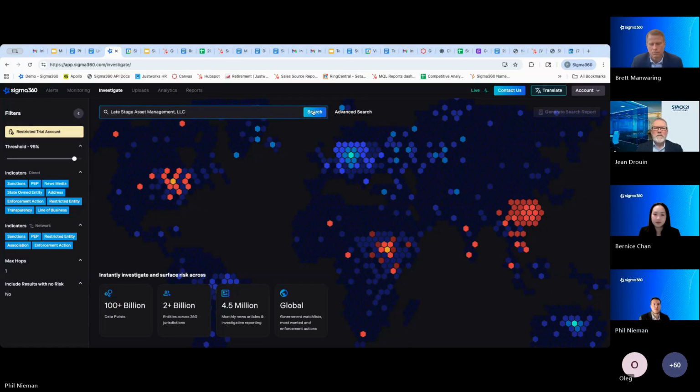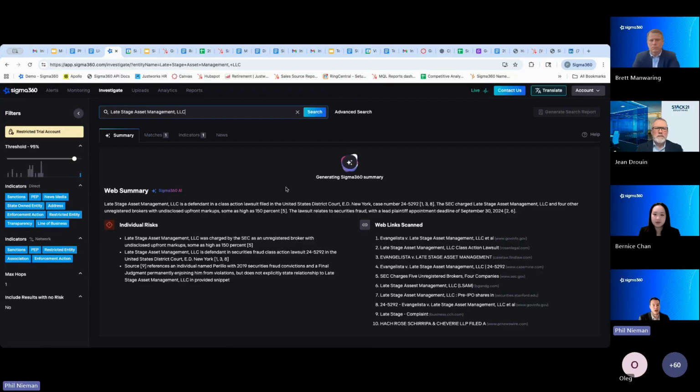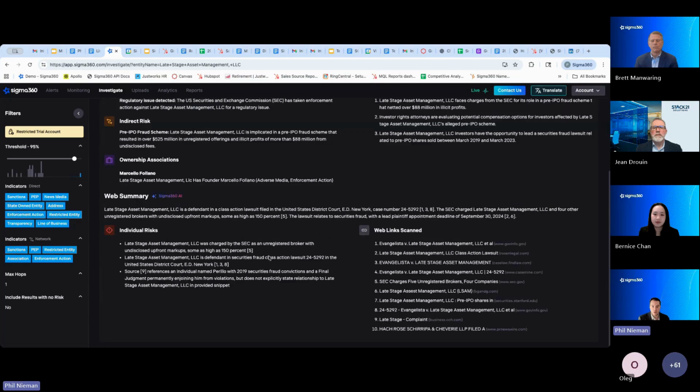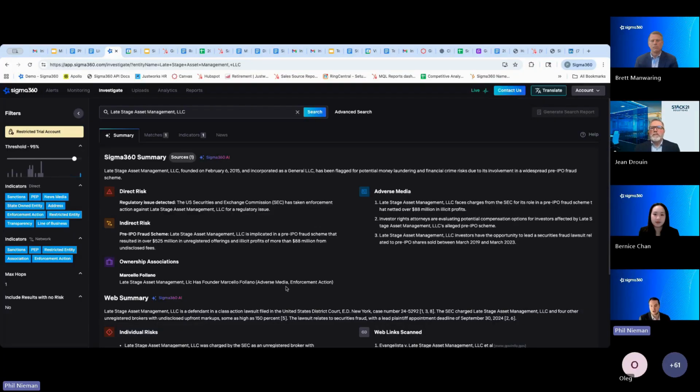See, and click on here. We're going to find direct risk, right, direct ownership risk to Marcelo Fulano that has been indicted, right? The organization has been indicted, and this is your direct risk association. So OSINT here was able to understand the connection using the open source investigation to this company called Late Stage Asset Management and connecting it to direct risk, right? All right. Well, we can move on to our